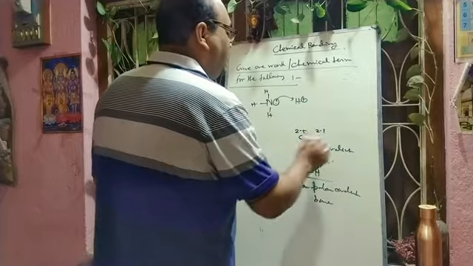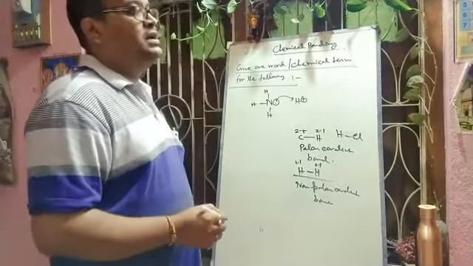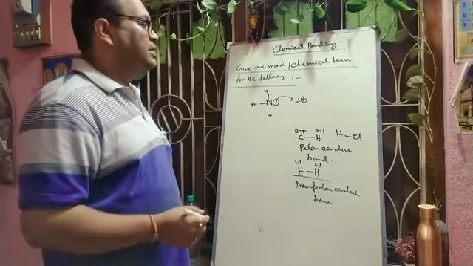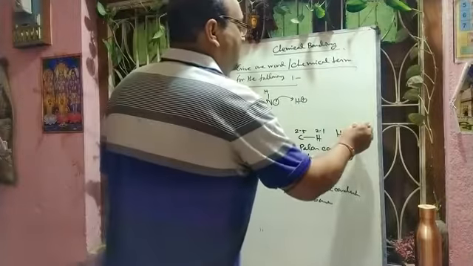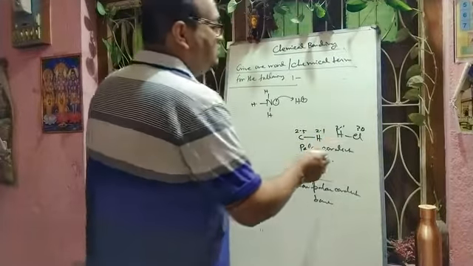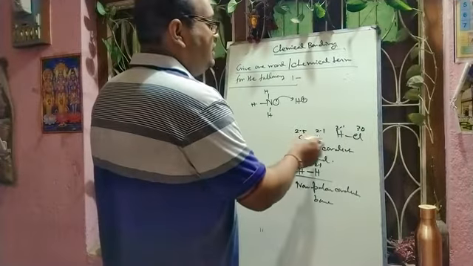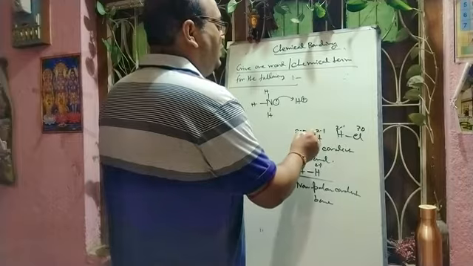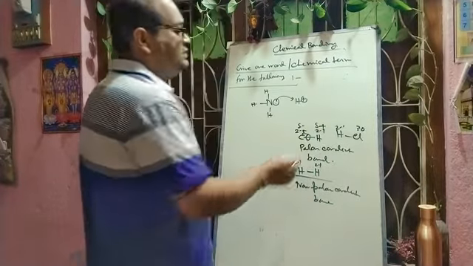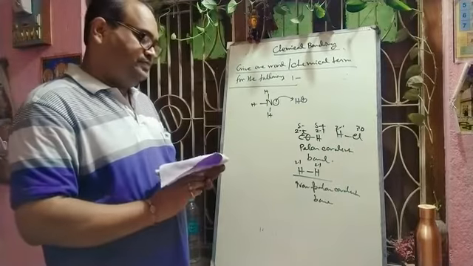Here, better we can take the example of HCl. Here the electronegativity difference is very high. In case of chlorine, the electronegativity is around 3, and in case of hydrogen it is 2.1. So definitely chlorine is more electronegative than hydrogen. Here also carbon is more electronegative than hydrogen, so carbon will attract the bonding pair of electrons towards itself, becoming delta negative and delta positive. Because of this, the bond becomes a polar covalent bond.